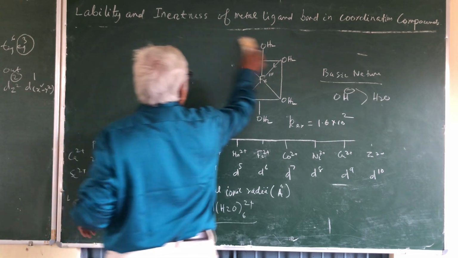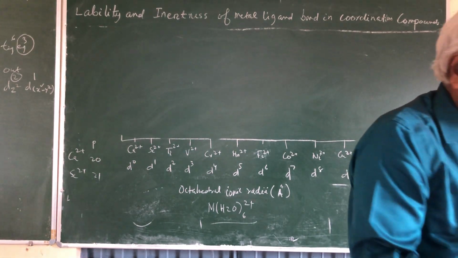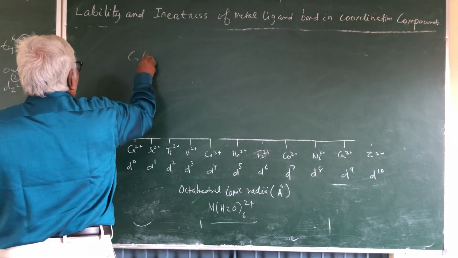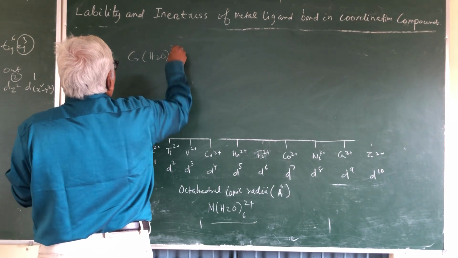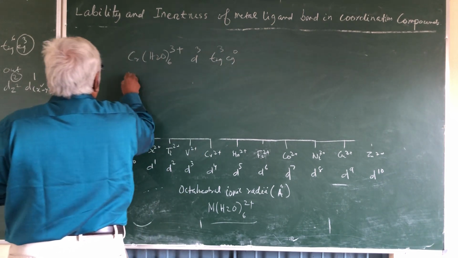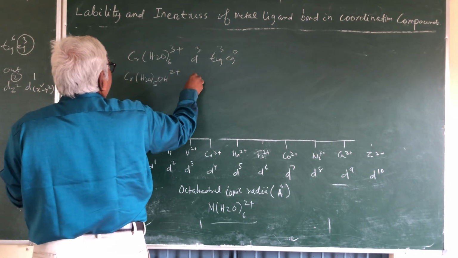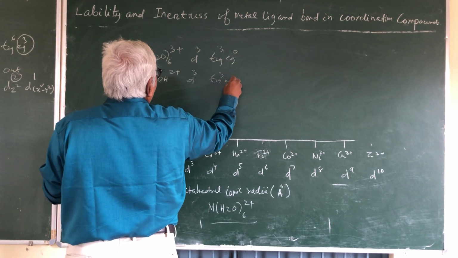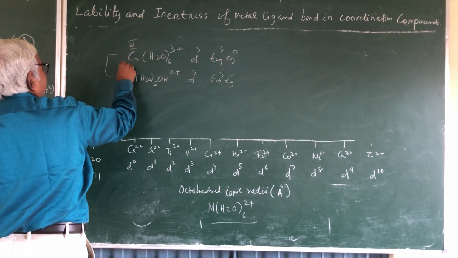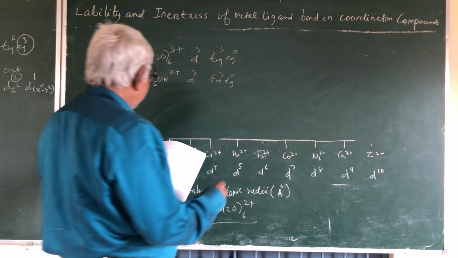Similarly, if you compare another two systems, the hydroxo system and the aqua system, you see d3, t2g3 eg0. These are the same. Chromium is in +3 oxidation state. Both are the same. So here the exchange rate constants are